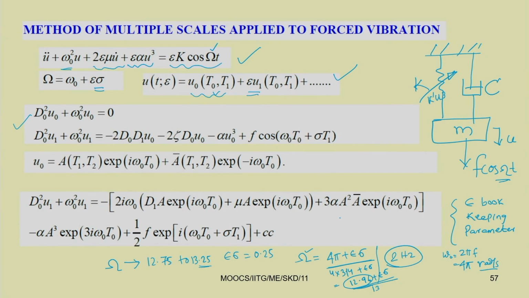So, for that purpose we are taking a non-zero value of u0. That is why we put u0 plus epsilon u1, instead of epsilon u0 plus epsilon squared u1. Now the first equation becomes D0 squared u0 plus omega0 squared u0 equal to 0, and the second equation becomes D0 squared u1 plus omega0 squared u1 equal to minus 2 D0 D1 u0 minus 2